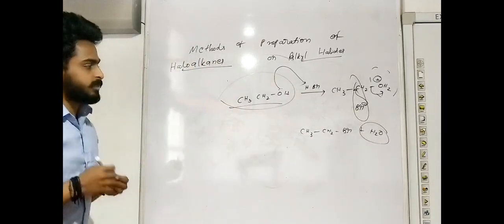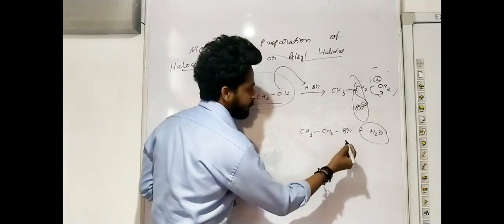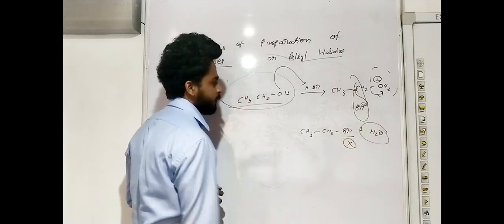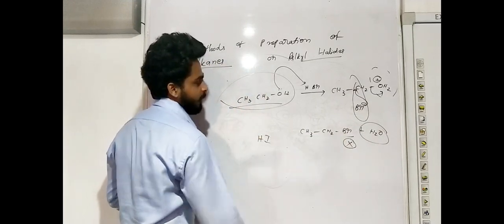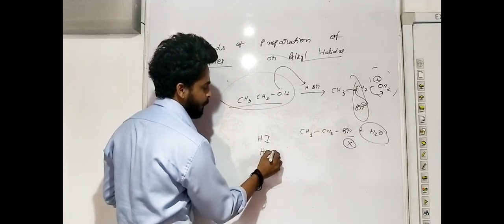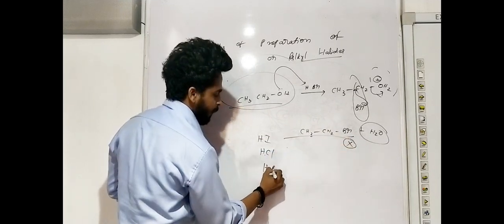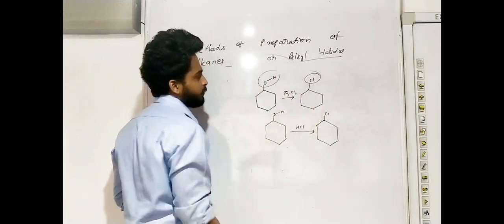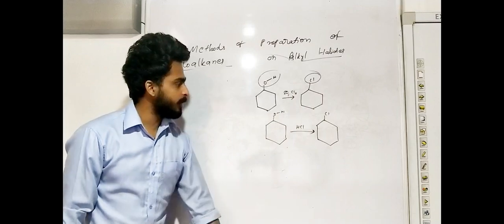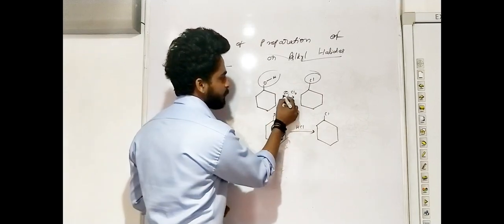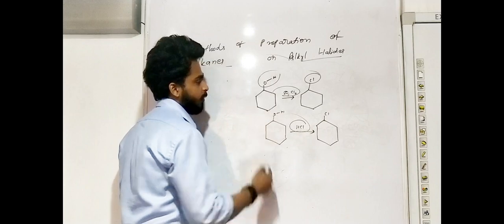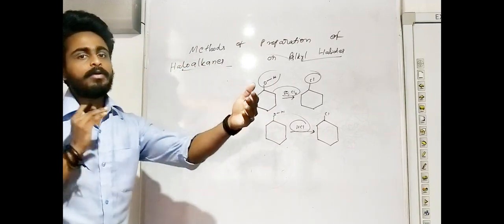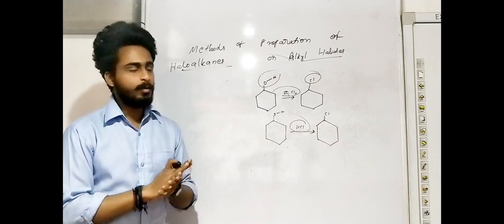This is another reaction. By using the same method we can make different halides. If you are treating with HI, we will get the iodo group. If you are using HCl, you will get the chloro group. If you are using HBr, we will get the bromo group. We convert this hydroxy group to chlorine, so we get the same products by using different reagents. We use thionyl chloride here, and HCl over here, or we can use tosyl chloride, which is also a good reaction. After tosylation, we have to convert with HCl or any other group. We will get the same compound.